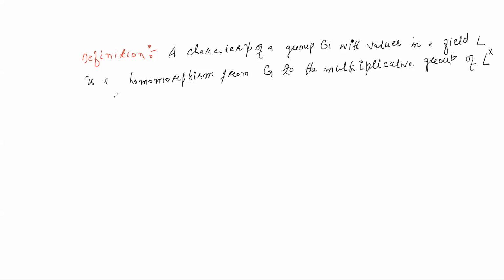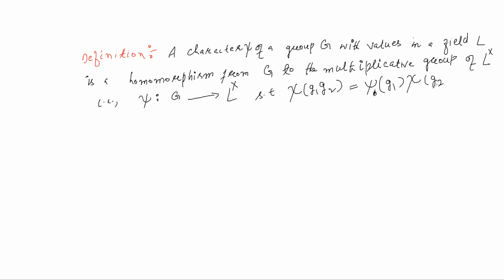So to be precise, what is this chi? This chi is a mapping from a group G to the multiplicative group of this field L, such that it is a group homomorphism. So chi of g1 g2 has to be the same as chi of g1 times chi of g2,